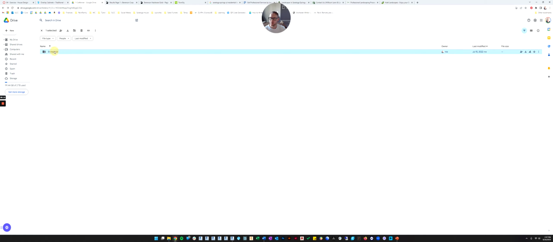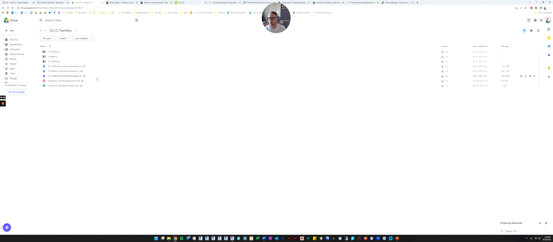So I'm going to grab, I feel like our house wants to have Craftsman style. So I'm just going to take this and hit the download button. It's going to take a minute because it's going to zip the folder. Once the folder's zipped, it will download. I'm going to let that download while we continue to talk about the other families.